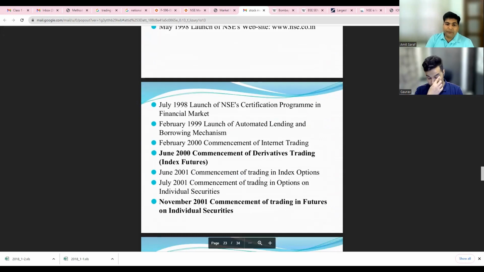And then there was another milestone, I personally feel, the commencement of derivatives trading. Earlier there was only cash settlement, the equity cash settlement. Now derivatives were introduced in India. Derivatives were introduced in index futures. Like we know about Nifty 50. Nifty 50 is the main index of the National Stock Exchange, which is an average of 50 stocks. So that Nifty 50 index was traded in the futures segment. So there were futures contracts that were developed, and then they also brought in index options.